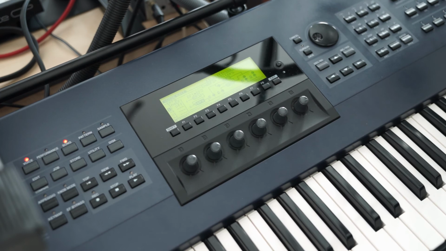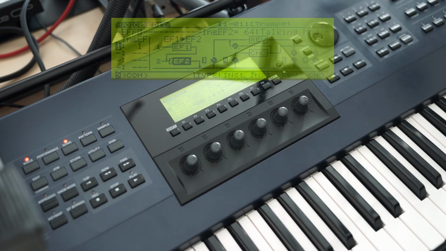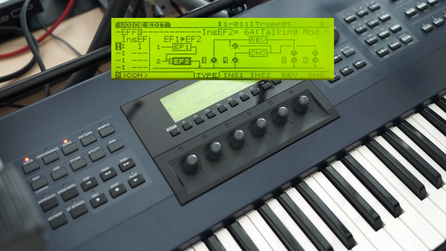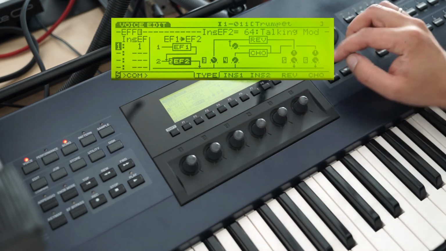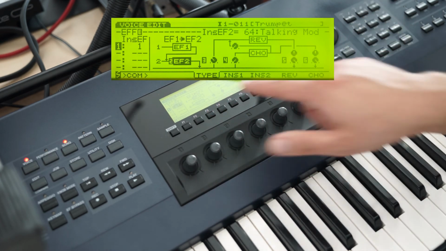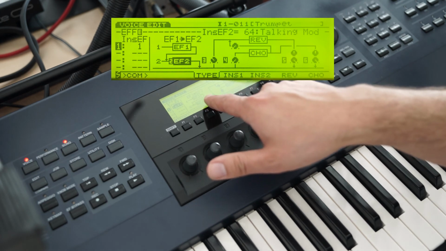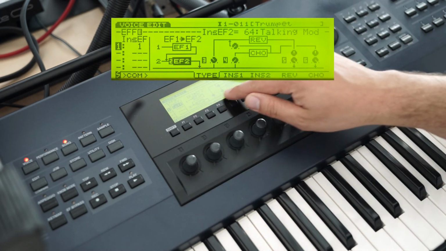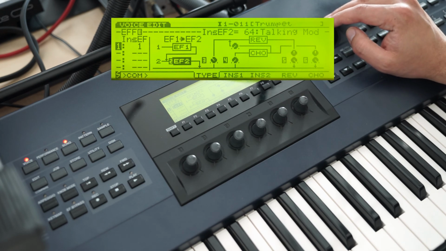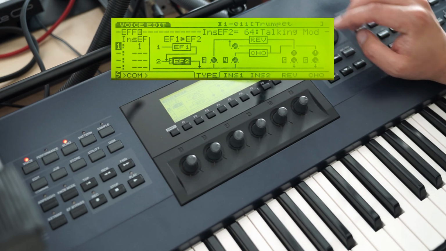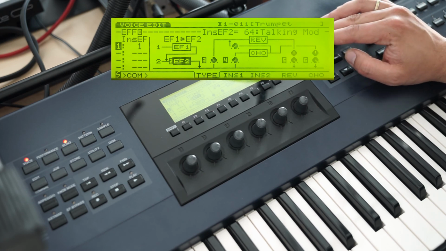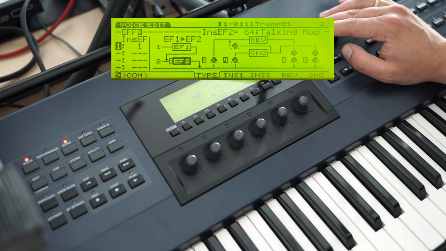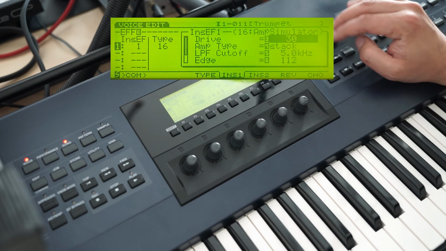Okay, let's move on to the last section of the setup here, and this is of course the effects. And you see it's also a little bit more limited than the other ones. You have one insert effect which can be routed into the second insert effect, and then you have the global effects. And let's turn this on and just select some effects. For example, the amp simulator